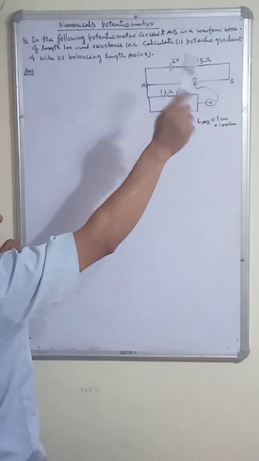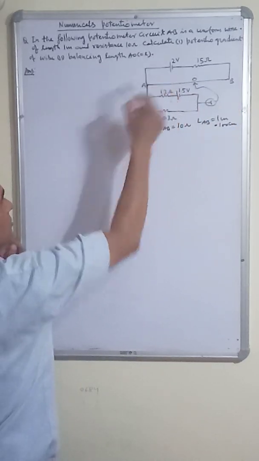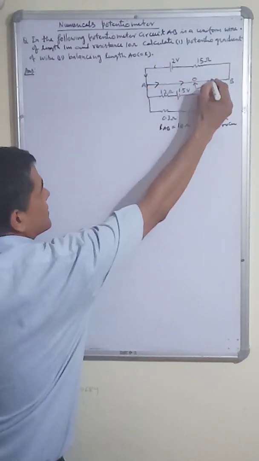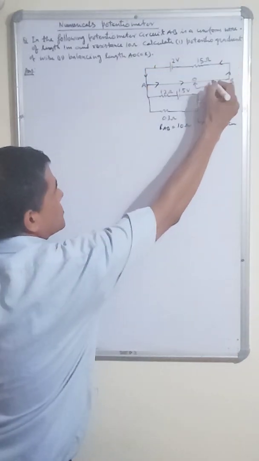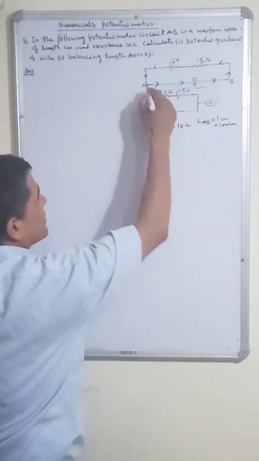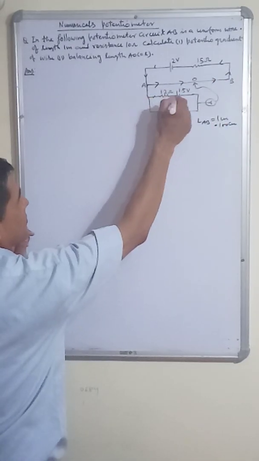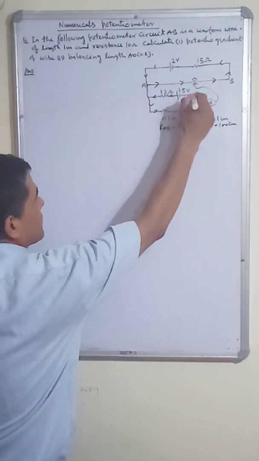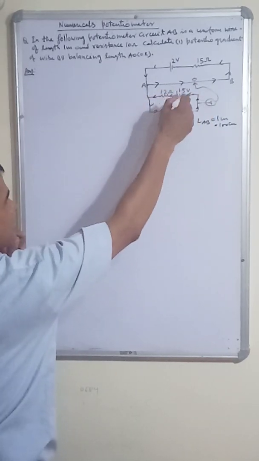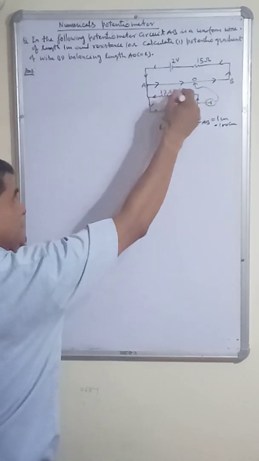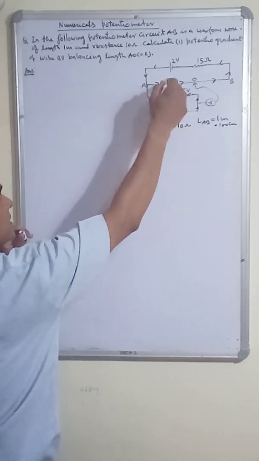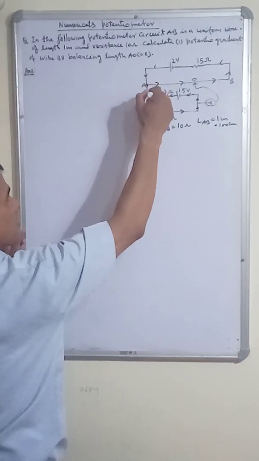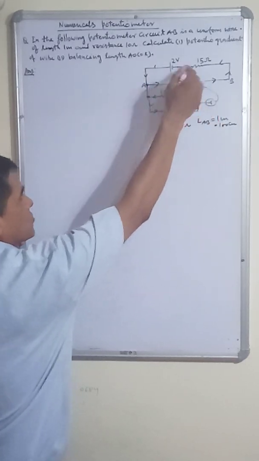At the null point, no current of this cell comes into the downward circuit. It flows like this and comes back to the same cell. The current of this cell will go this way and come back here. So the current of this cell will only flow in this circuit, because whatever potential is here, the same is here. No current will come here and no current will pass through here, right?